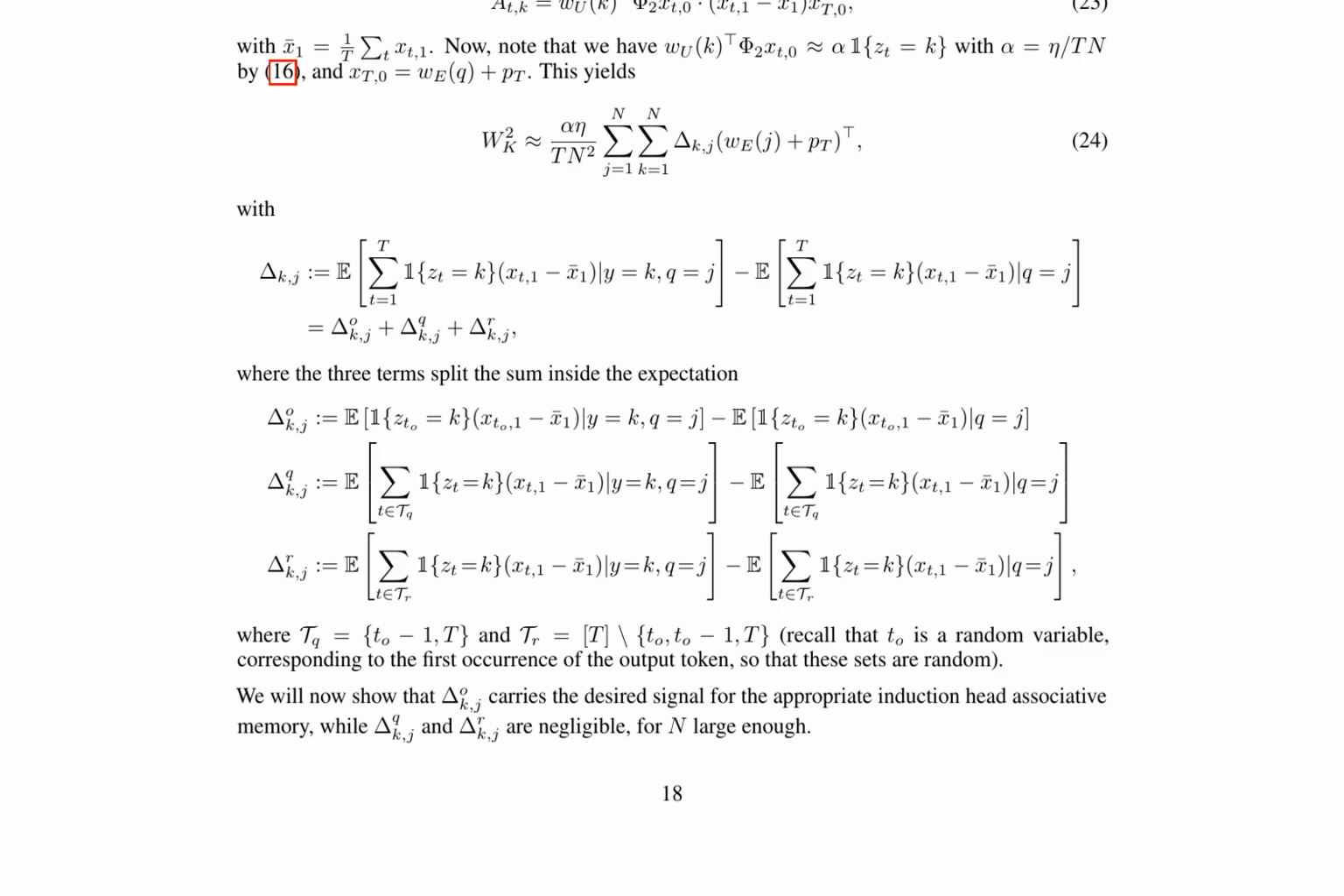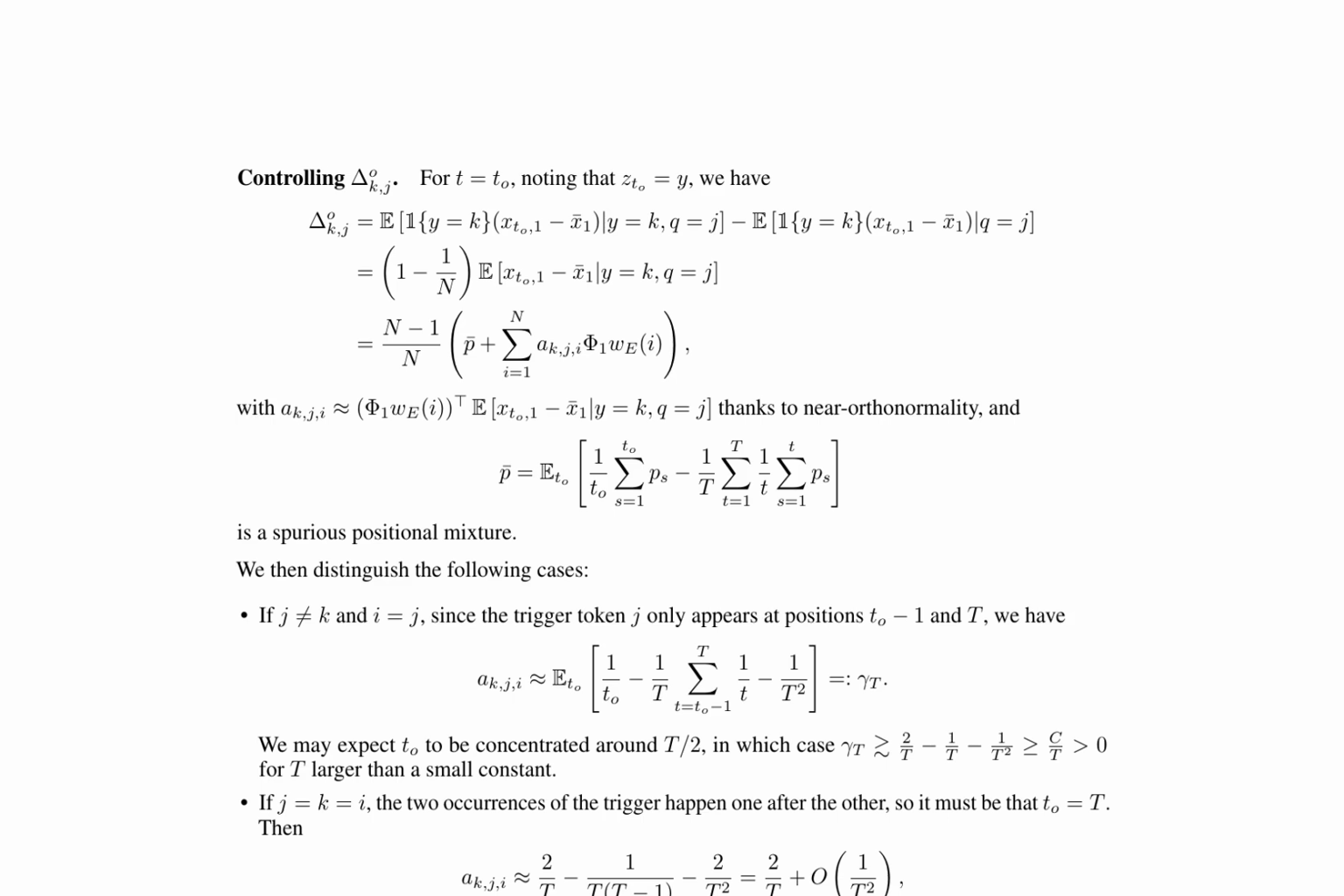output phi2xt, 0. By using the fact that wu, k, phi2xt, 0 approximately equals alpha 1, zt equals k, and xt, 0 equals w, q, plus pt. The update rule for W2k can be simplified, and it is shown that the term increment k, j carries the desired signal for the appropriate induction head associative memory, while the terms increment qk, j and increment rk, j are negligible for large n. The research paper discusses the development of an associative memory model, focusing on the control of